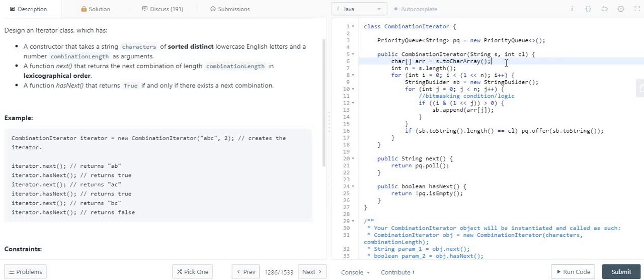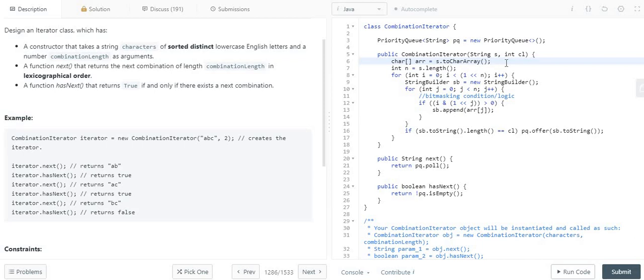As soon as we form a string whose length is equal to the combination length, we add it into the priority queue. The priority queue sorts the elements in ascending order, which here is lexicographical order.